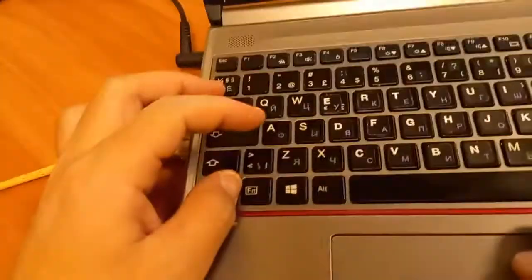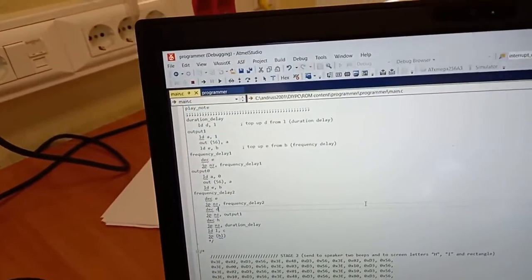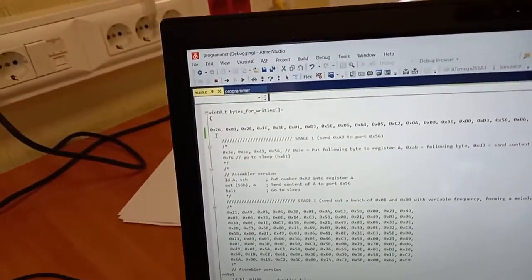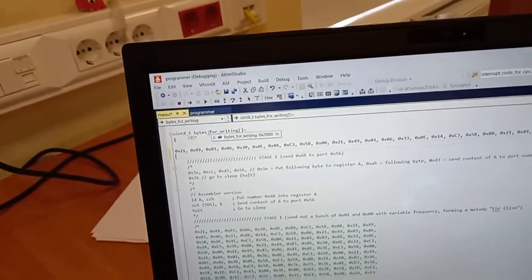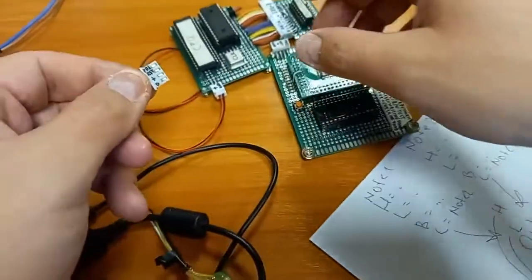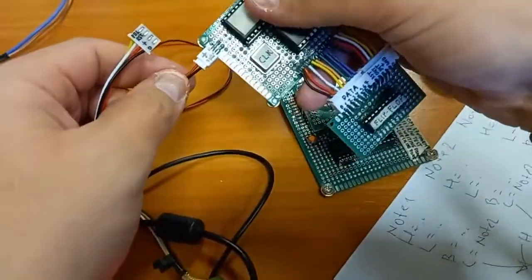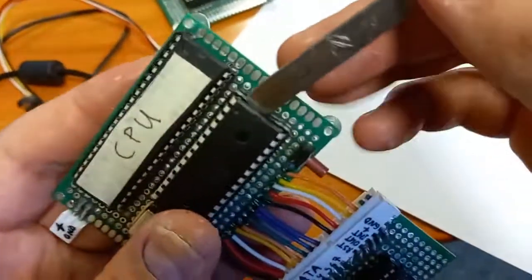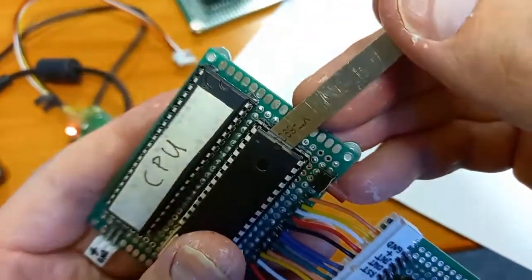So now we have the code. I hope I have cleaned it correctly. Only rubbish has been cleaned up. We copy this code here. Now we have 9 nodes with different delays, different durations set by HL registers, and that's it. And at the end we have halt